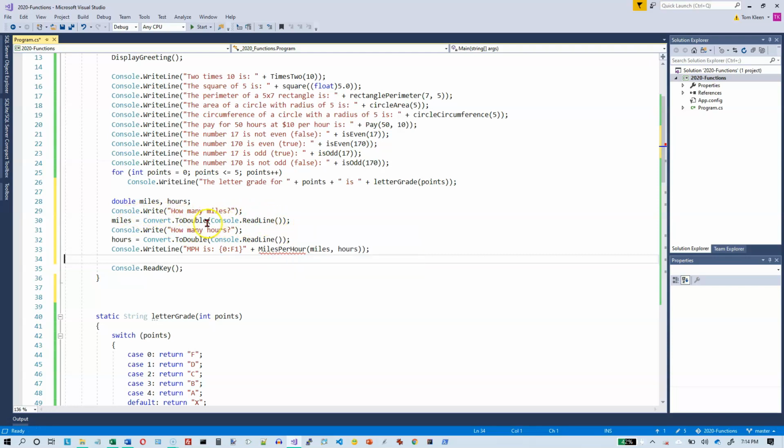But if they type in a number, we'll convert it to a double and store it in the variable miles so we can have a fraction of a number of miles. And we ask them how many hours, and this can also be a fraction. We're going to convert that to a double. And then we're going to call miles per hour. And this is another version of